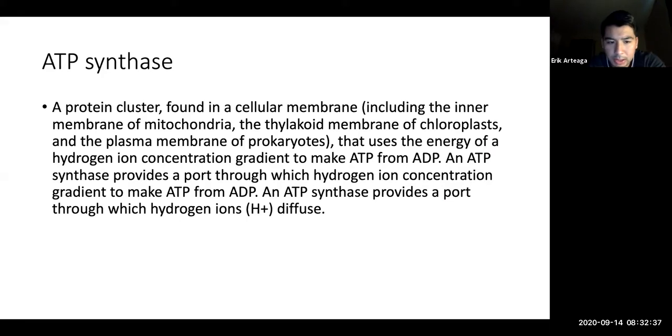And ATP synthase provides a port through which hydrogen ions can diffuse through. Oops, I think that's a double one. Yep, I wrote that twice. So again, it's just reiterating ATP from adenosine diphosphate. And ATP synthase provides a port through which hydrogen ions can diffuse through, okay? So think of this as